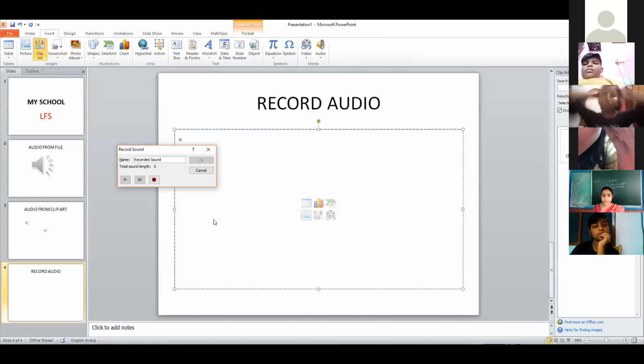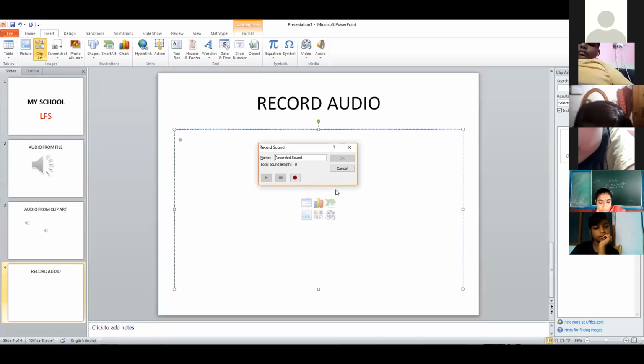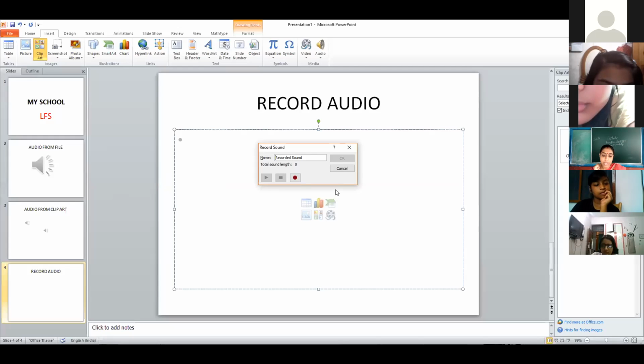As soon as I have clicked here, it gives you an option to write the name, because when we record our audio, definitely it will be saved in a kind of file. So definitely for that file, some name has to be given.